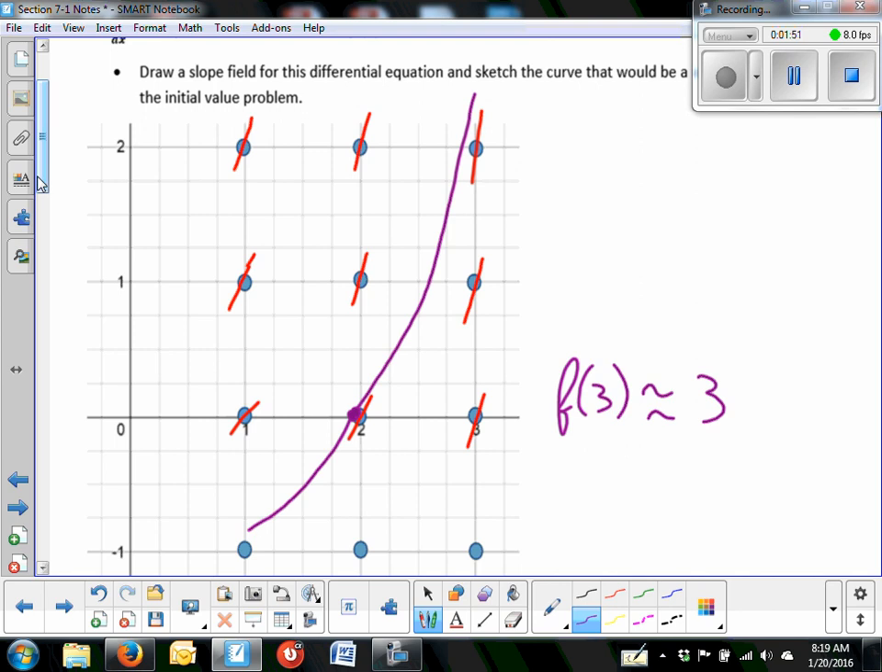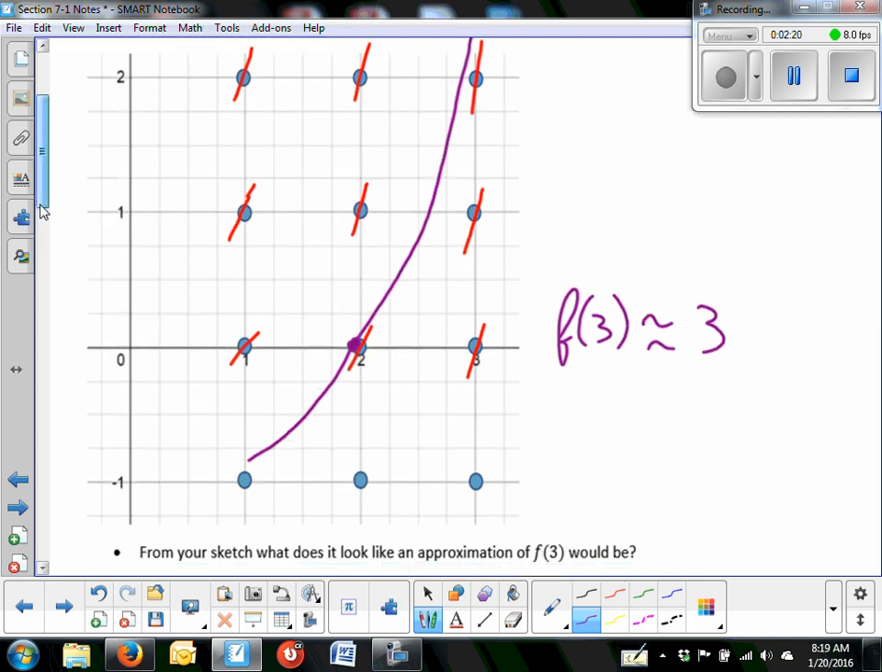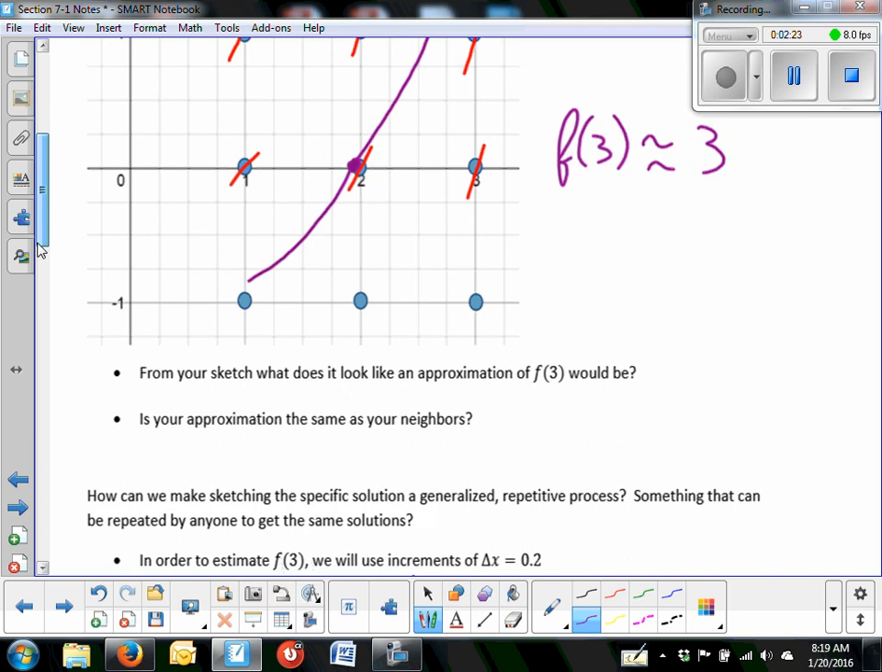Now, the issue here is most likely if you drew your sketch, you probably have a different f of 3 approximation than I do. You're close, but it's doubtful we have the exact same ones. And so we need some way of making this so that everybody can get the same approximation, so that when this is done mathematically, any mathematician can go through the steps and get to the same result as you do. So the way we do this